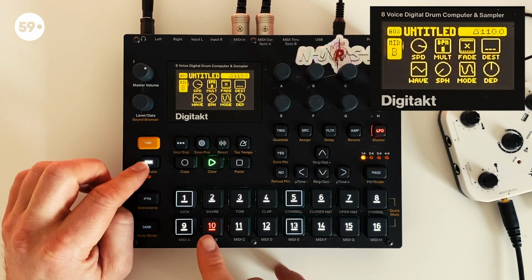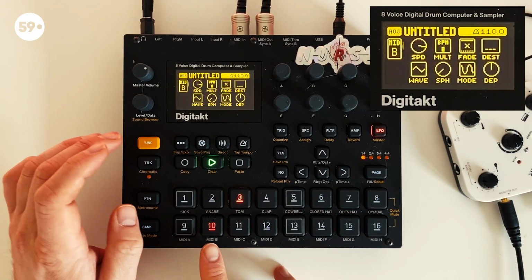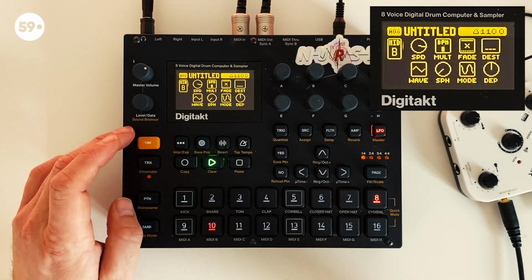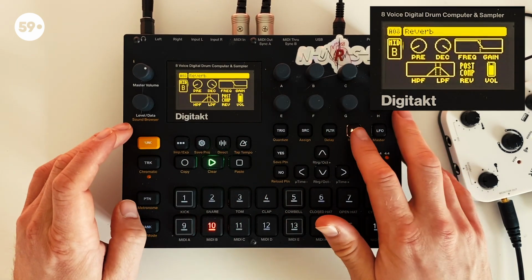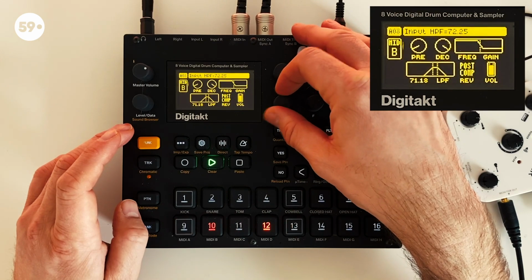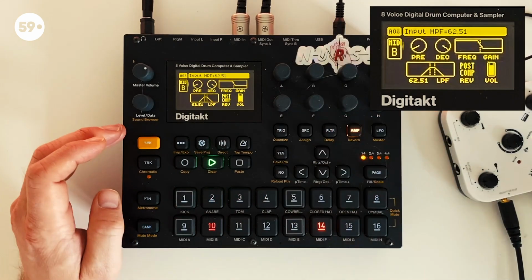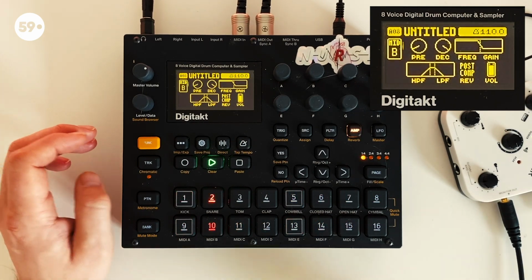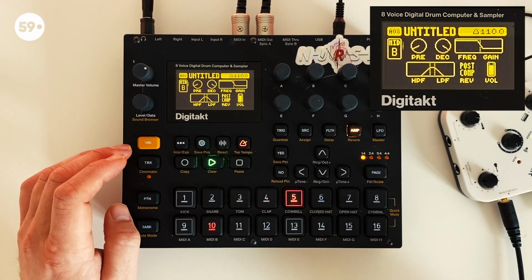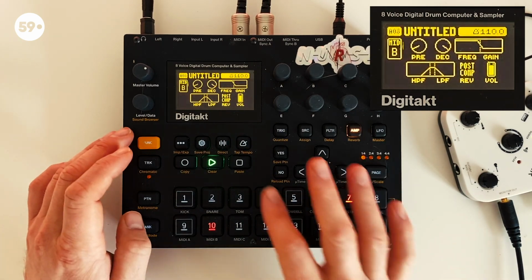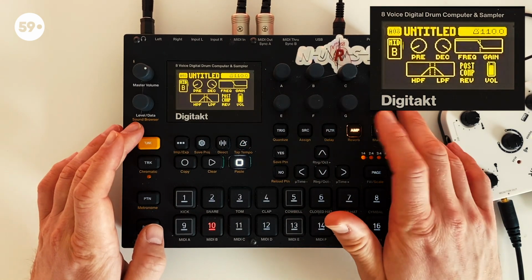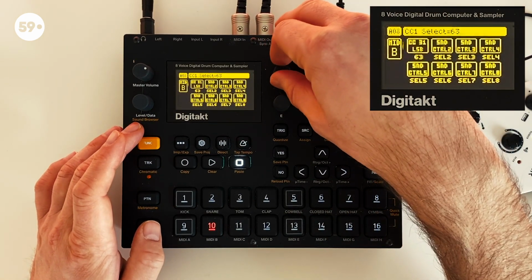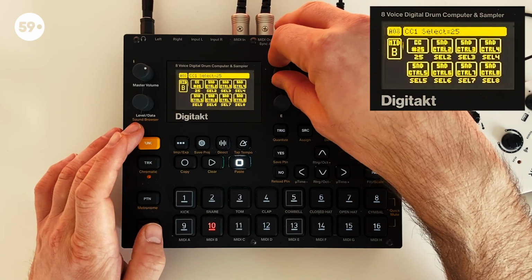Now I go to MIDI track number 10 and I want to add another modulation, and this time I'm going to modulate the reverb high pass frequency. So I turn this down and let's have a look. That's parameter number 28. You can look this up in the Digitakt manual. And that means I go again onto my CC selector, select MIDI CC parameter 28,